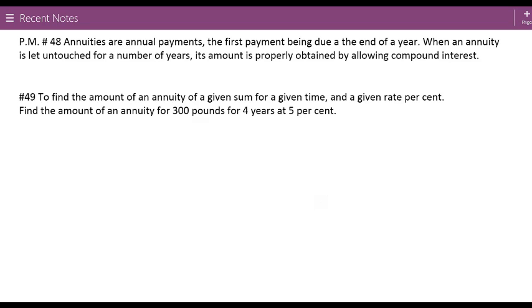So we're working as though it is £1. The first year they get a payment of £1. Second year there is a payment of